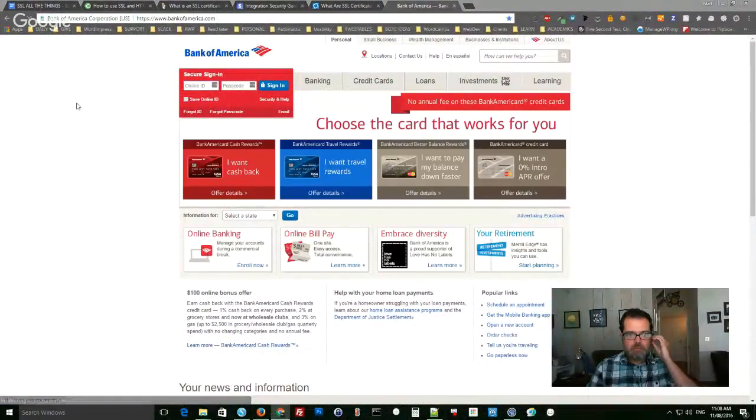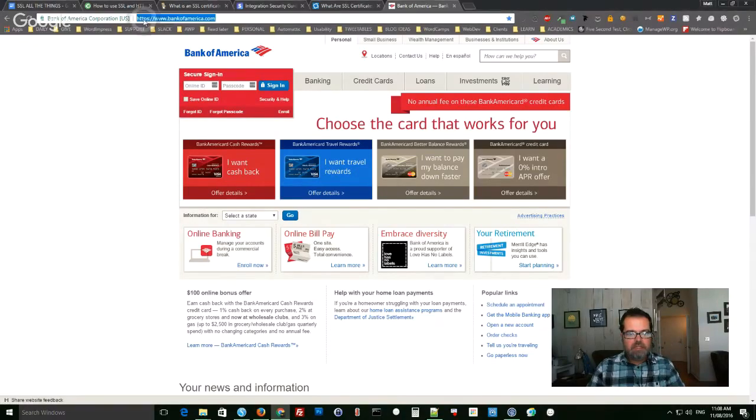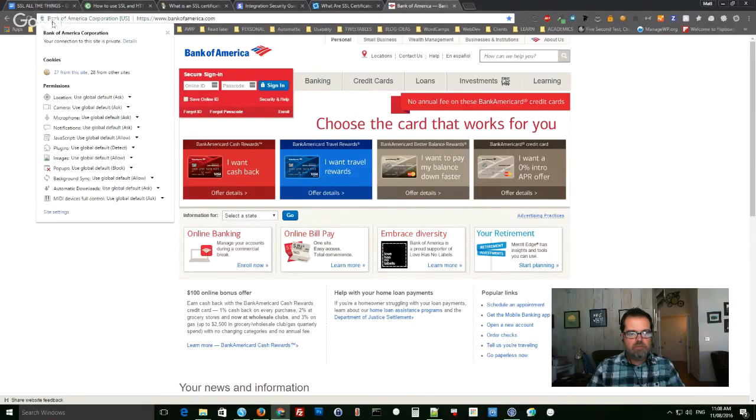You see here on bankofamerica.com, here's HTTPS up here. And instead of just a green lock, you see their whole name spelled out here: Bank of America Corporation USA. And Chrome has a nice little tool that when you click on it, it shows you even more information about it. This is an EV certificate. This says that SSL is verified specifically by this corporation. And it has a lot more